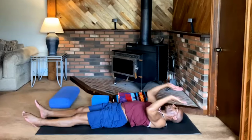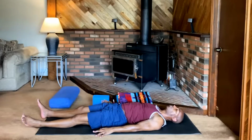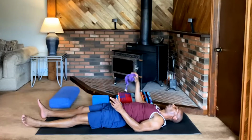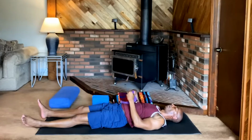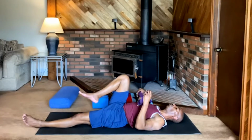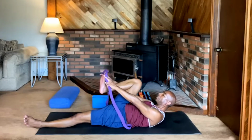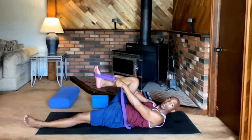All right, let's bring the arms back down by your side. Relax that stretch for a moment. Let's get into our legs a little bit here since we're lying down. Very relaxing, but you do want to use your strap here. So we're going to draw the right knee into the chest, use your strap. Let's do our best to wrap the strap around the bottom of that right foot, and we're going to extend